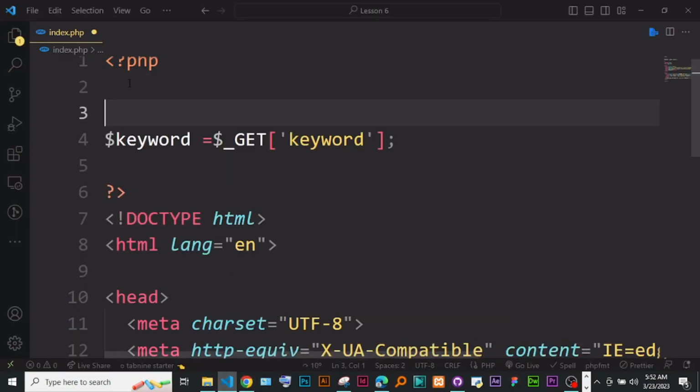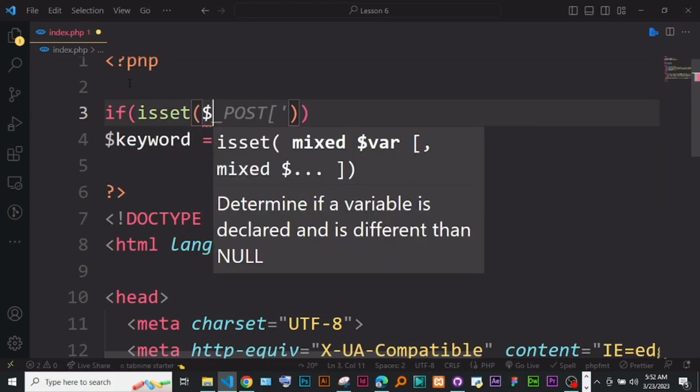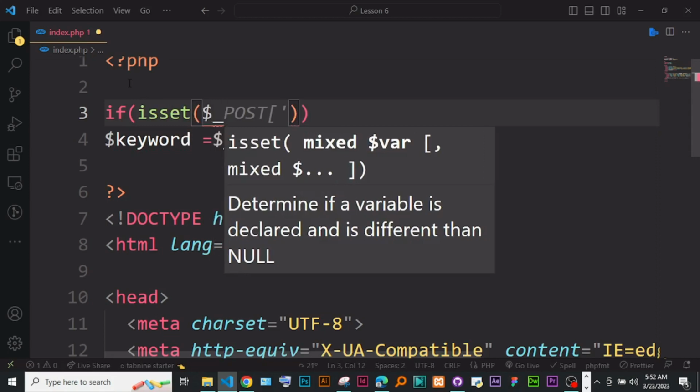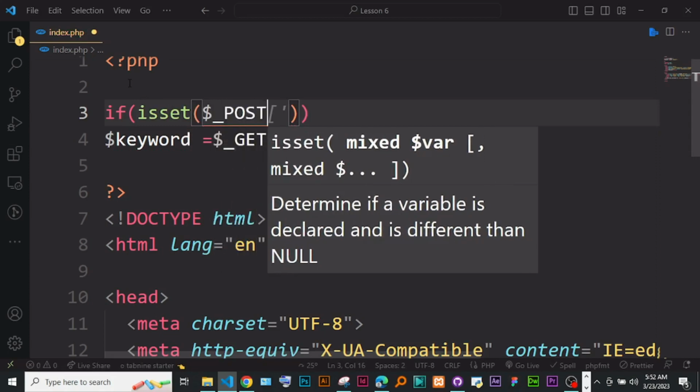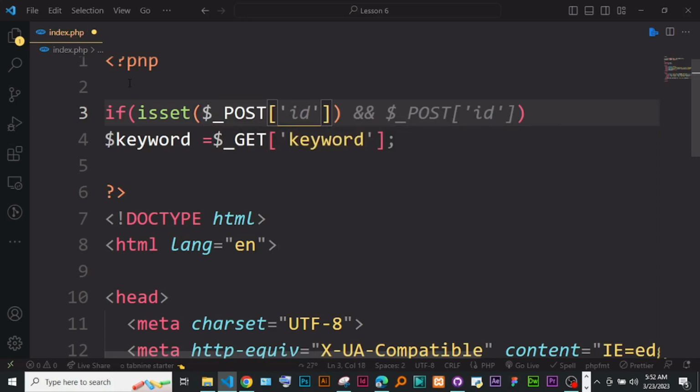You can first write an if statement: if isset $_POST, and the one I want to check for is submit. It is the search